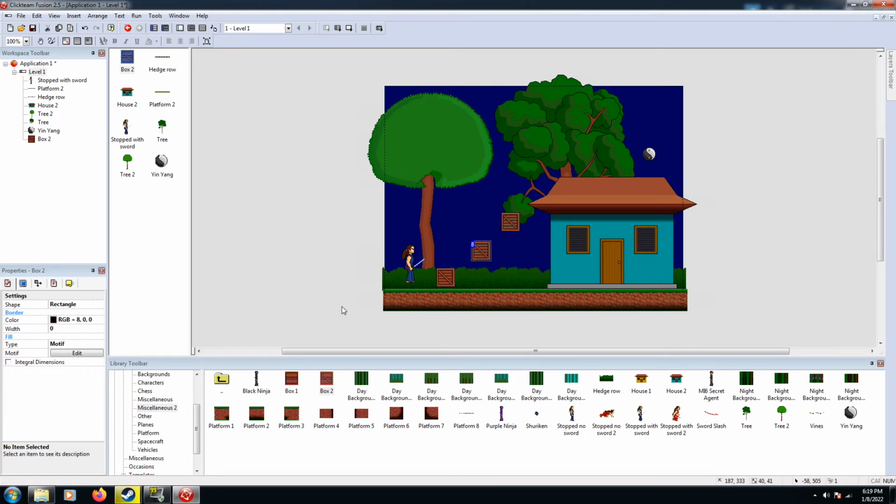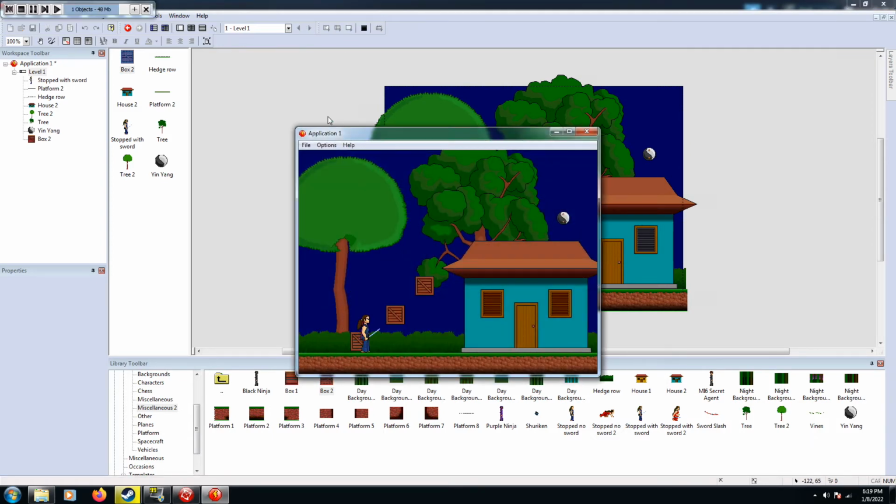You might notice I'm alternating between pulling new objects from this bar below into this bar on the side. These are the objects that currently exist in the frame. These are the objects that are in the global library. So, now that I have created a nice little step up for our character, I'm going to try and run this frame. Oh,